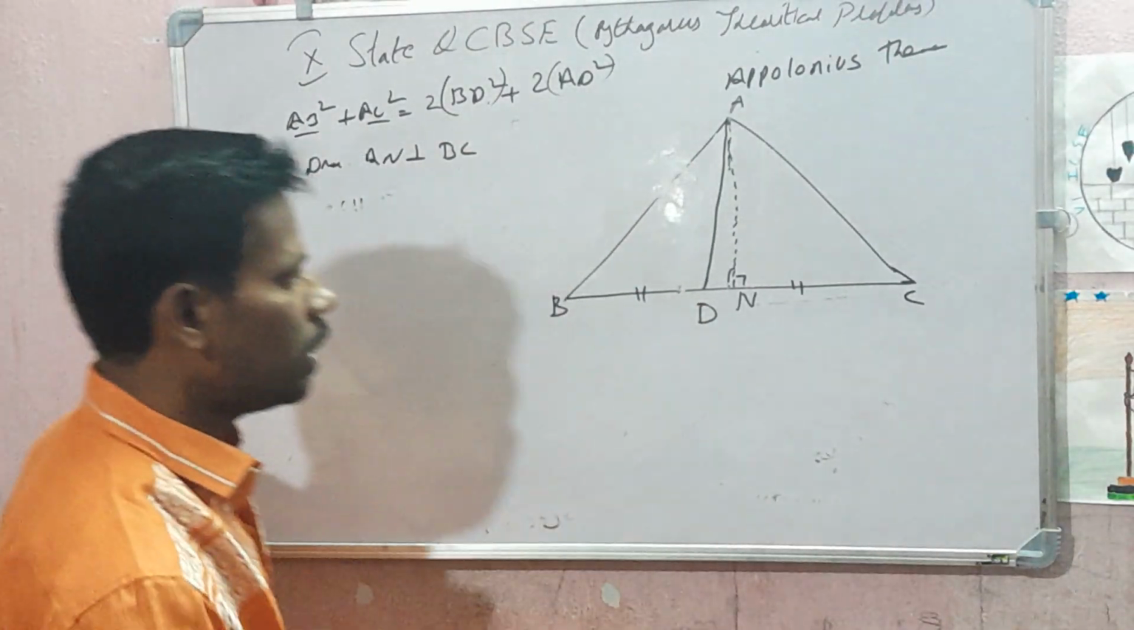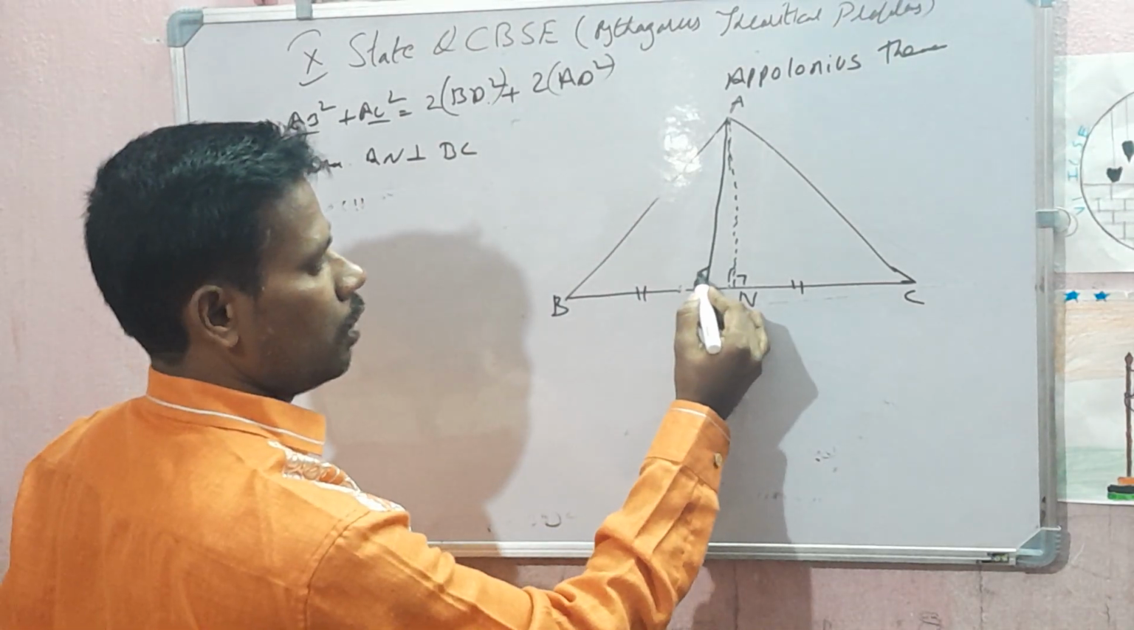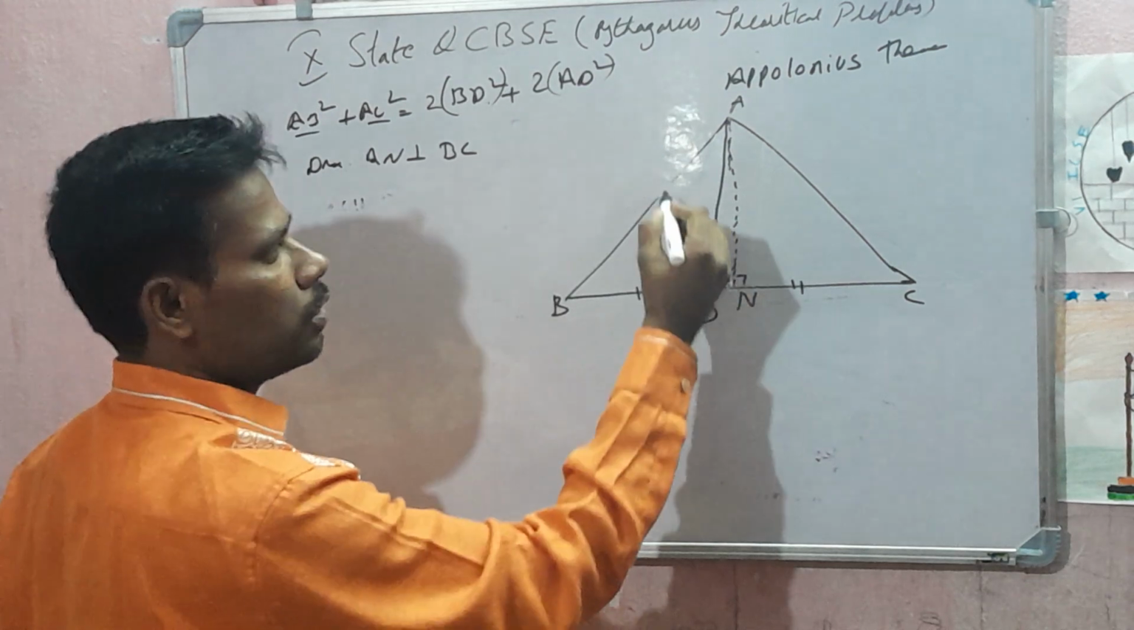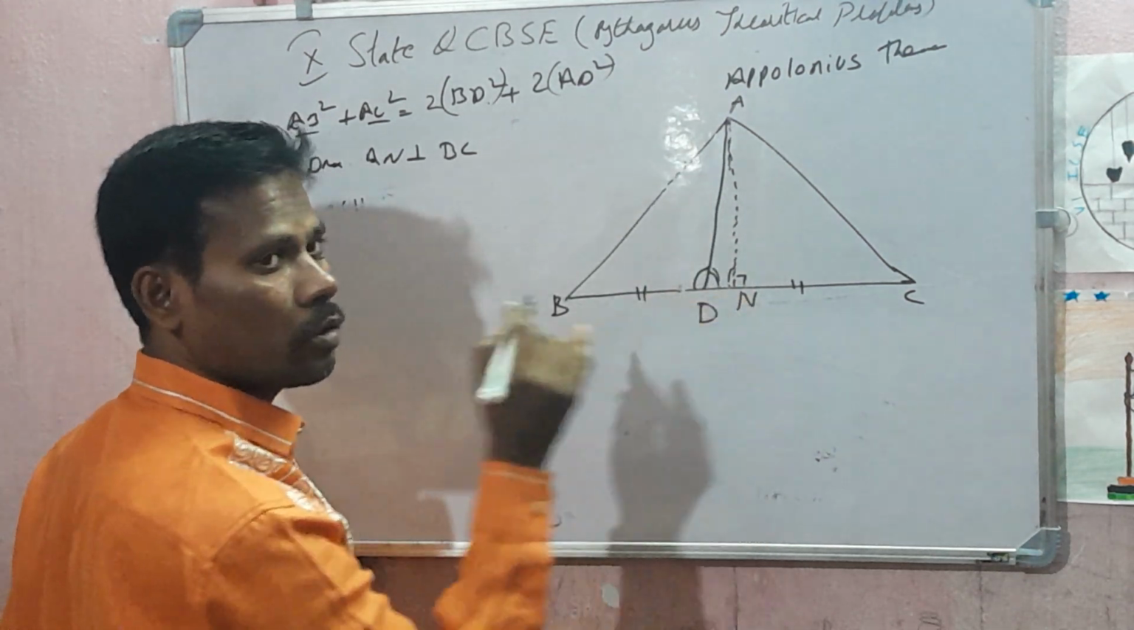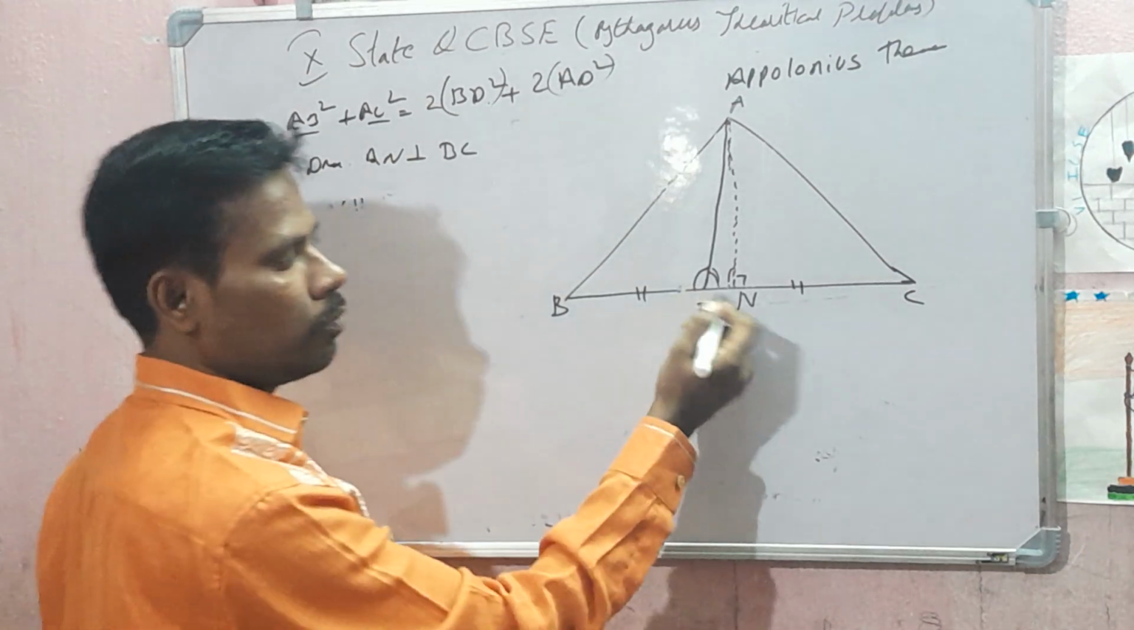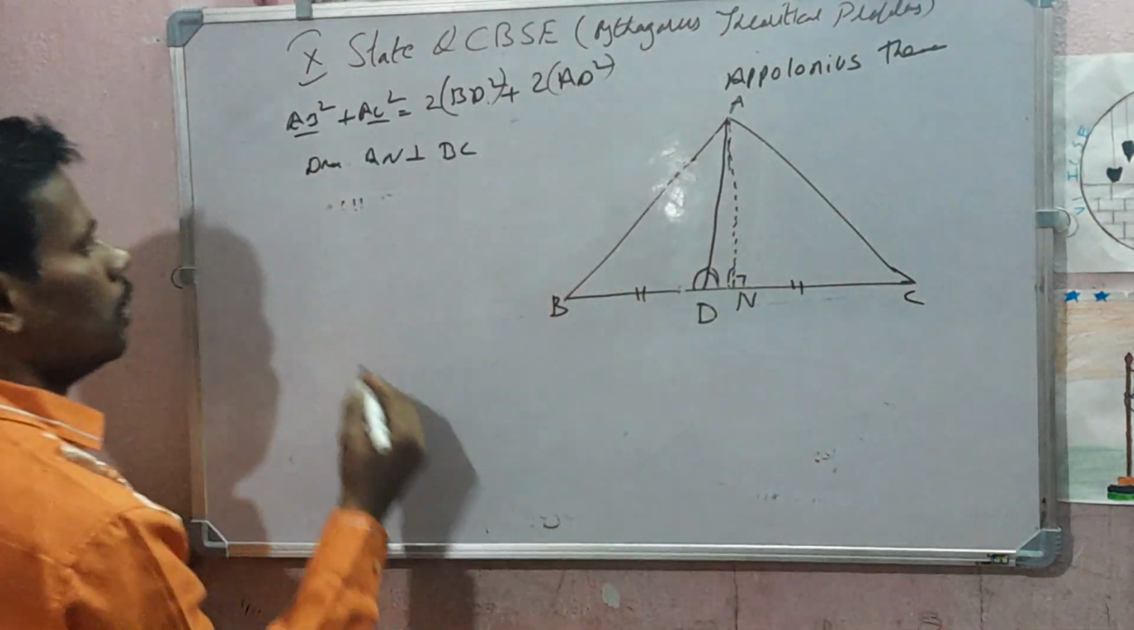Suppose angle ABD is obtuse. So if this is obtuse, obviously this will be acute, no? Because a straight angle measures 180 degrees. Now,